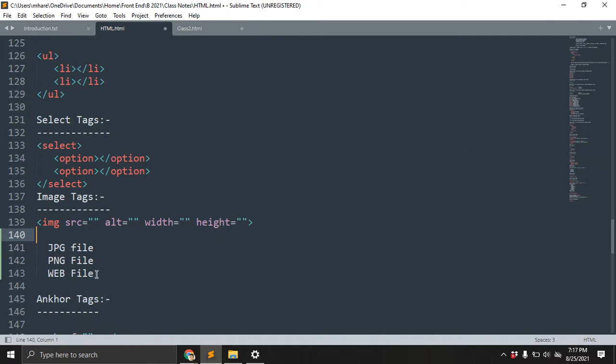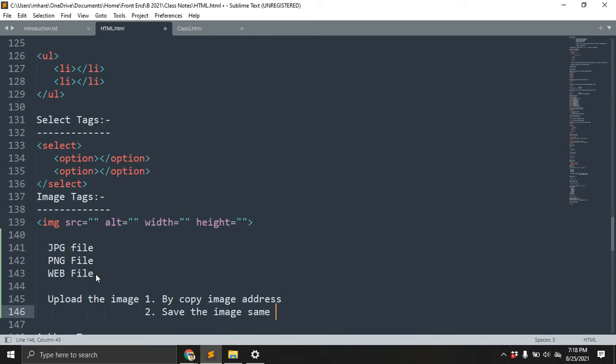One is upload the image by copying the image address, and the second thing is save the image in the same folder. For understanding purposes, I'm writing it here.